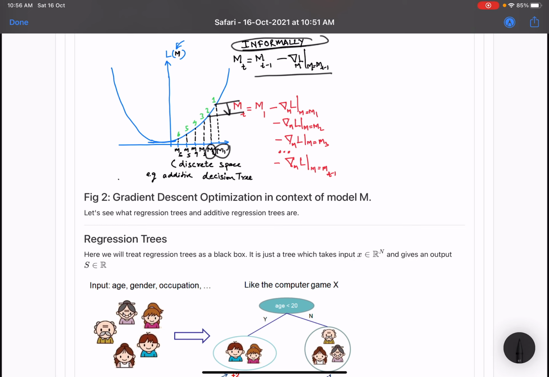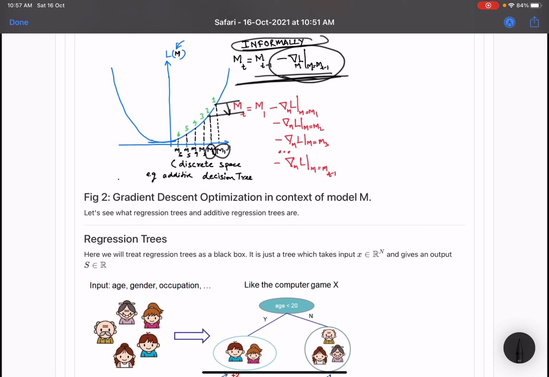But the point is, we are making some change to M1 so that it becomes M2, and that change should be a function of the negative gradient of the loss at previous iterations M, right? So you can see it as changing M. It may be a subtraction, it could be something else, and we'll see later that this is the correct equation, but for now we are just seeing these M's as evolving models at every iteration, right?